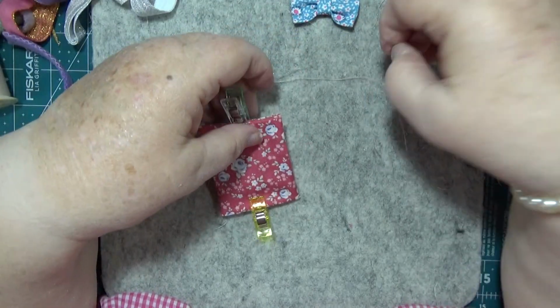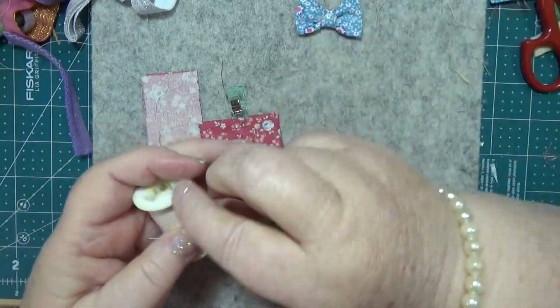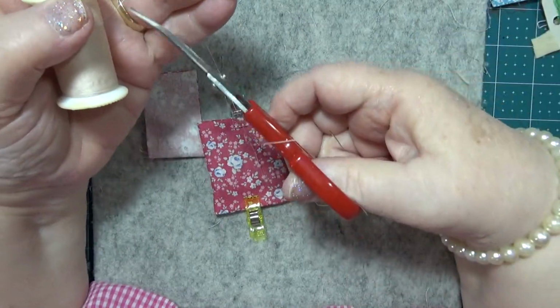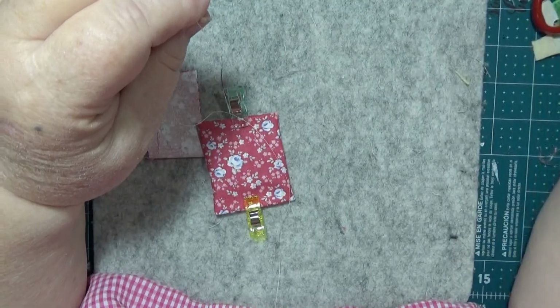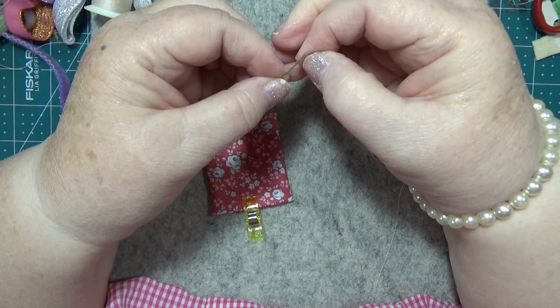Okay, that'll look good. I think that'll work. A bit more of this. I'll throw that away. I'll be starting up the sewing machine. Get back onto me